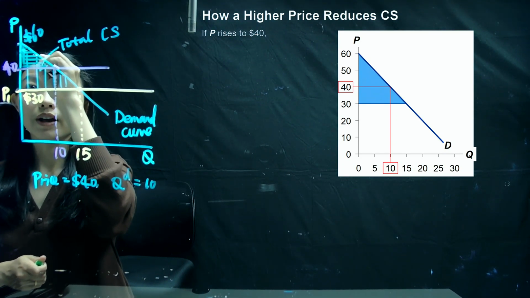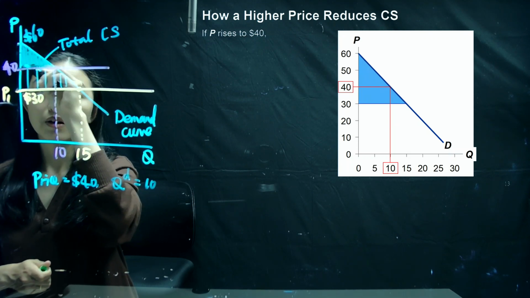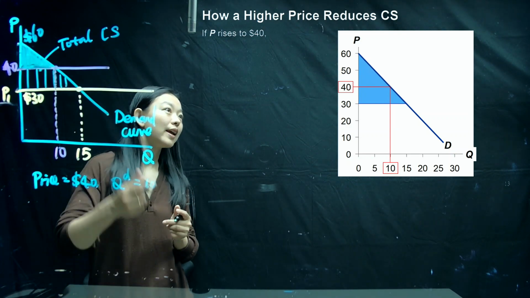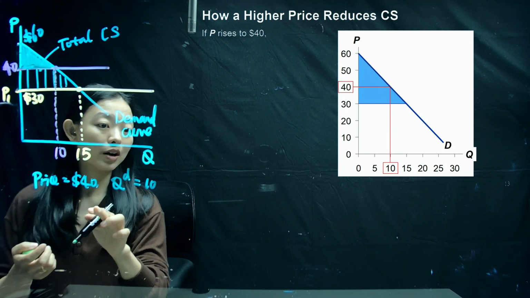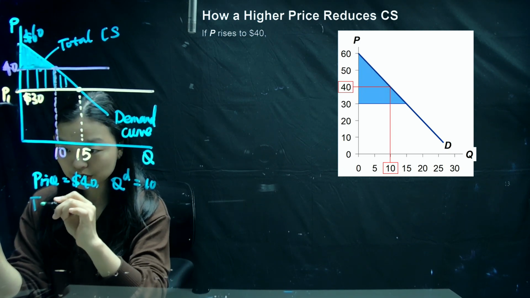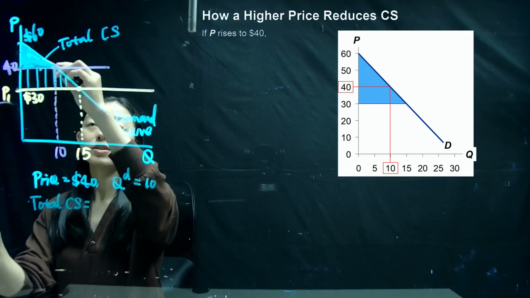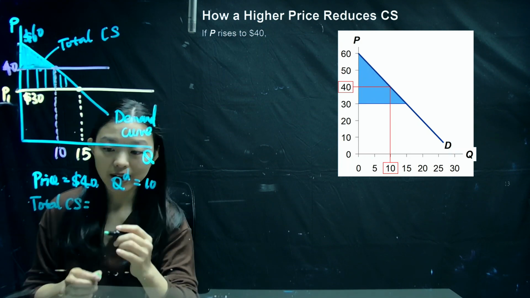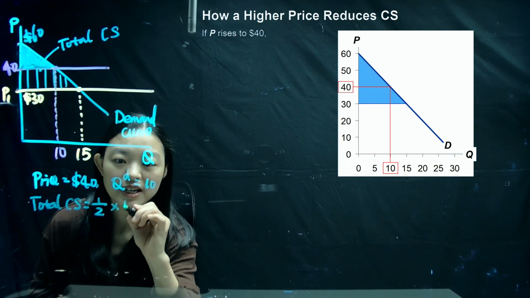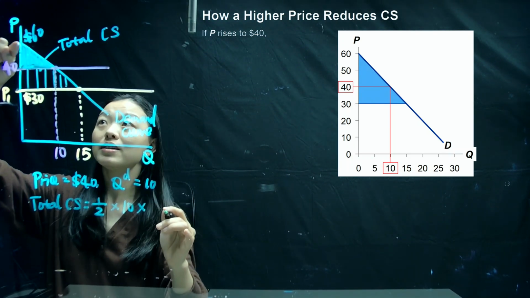This area here measures the total surplus if the market price increased to $40. So similarly, you can compute the total consumer surplus. Total consumer surplus here will still equal this area. You will have half times the base, which is 10, and then times the height. The height will use $60